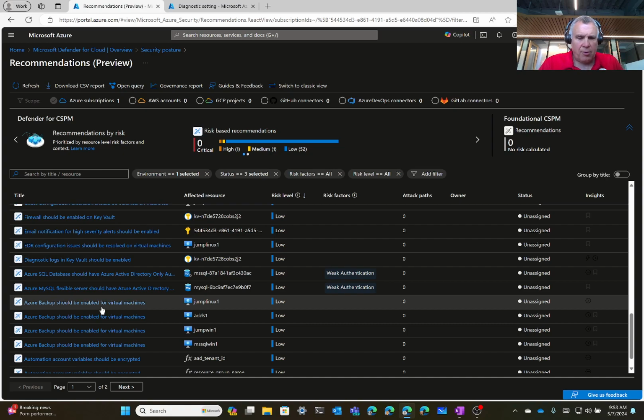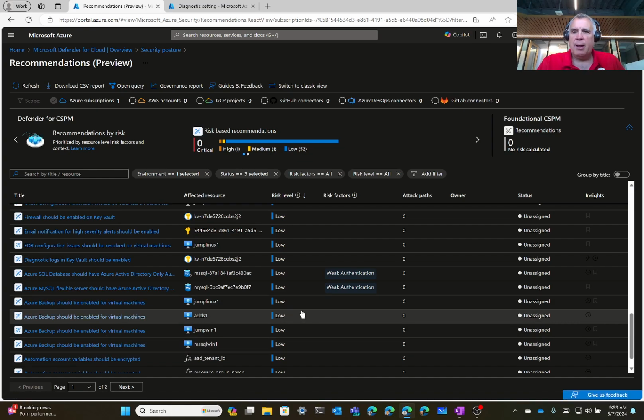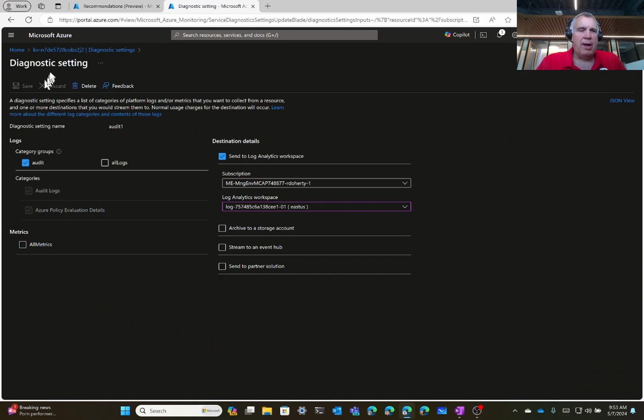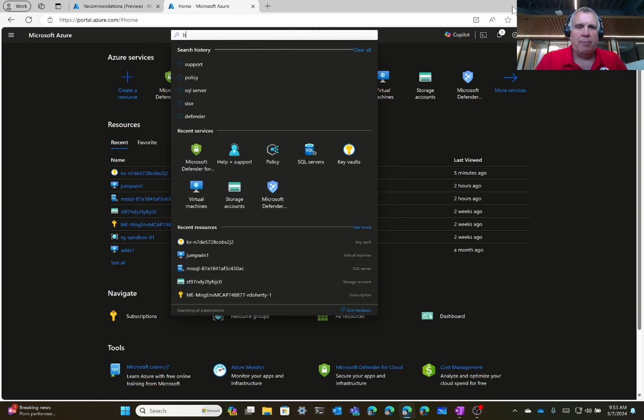Azure Backup. Basically, for all 4 virtual machines, we could get some points here just by backing them up. So let's go ahead and implement that and see what kind of points we get. If I go here to Backup Center,